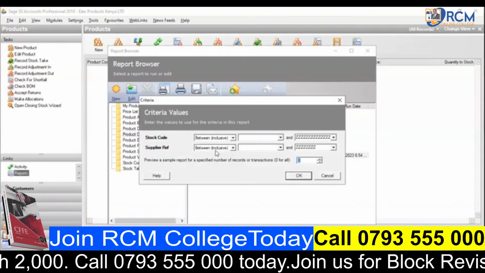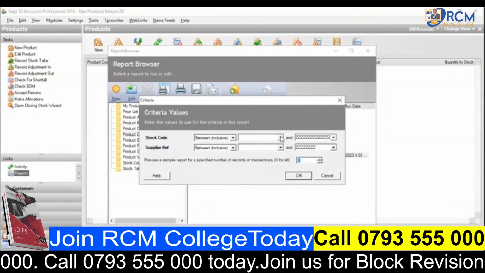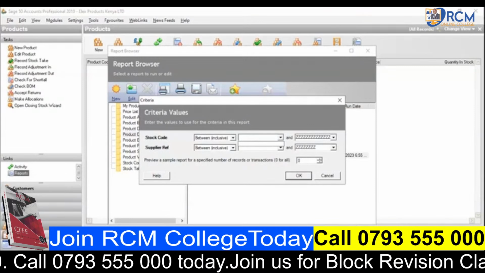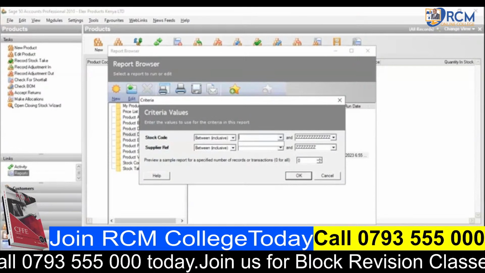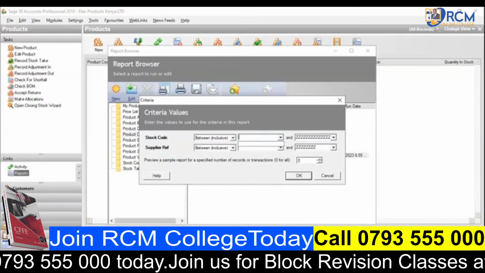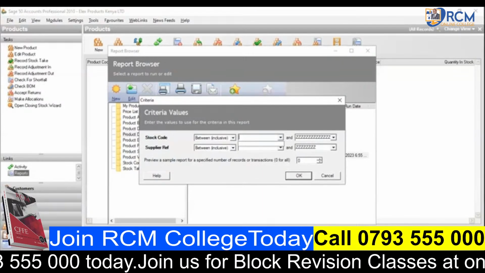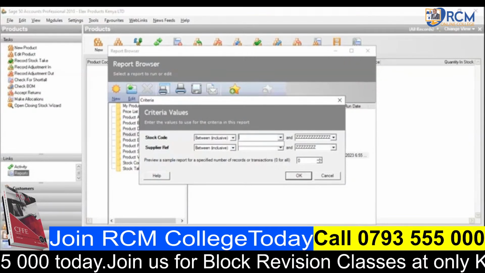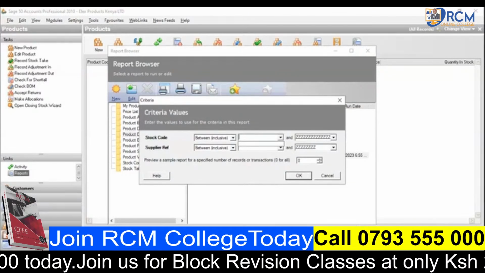All right, so we have here the stock code. If you have your inventory list in your system, then you have different codes, starting from the first product that you keyed into your system, maybe having code 1, and up to date you've keyed in products and you are at code 50. So the stock code is between code 1 up to code 50. If you want to review all the stock that you have in your record, you will choose the whole